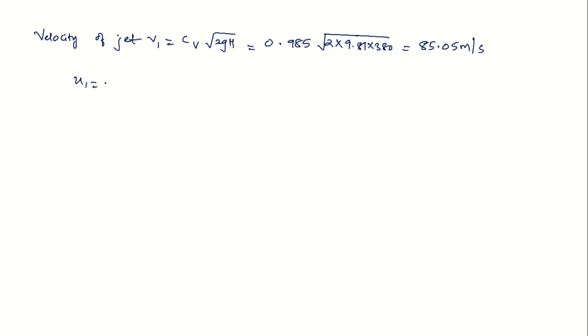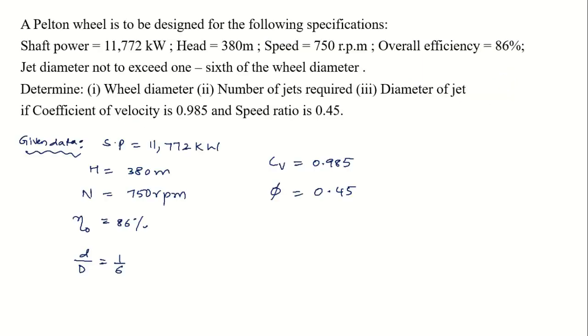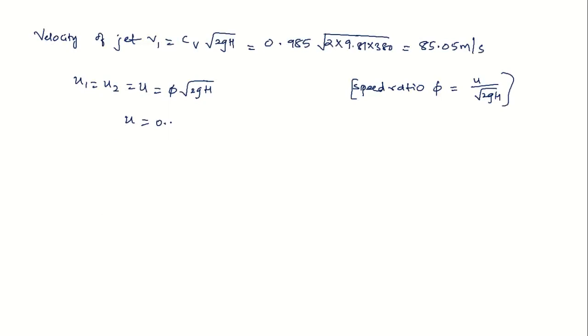Once we got the velocity of the jet, let's calculate the velocity of the wheel. The velocity of the wheel is given by U1 or U2 or U, which is phi into root 2gh. This came from the speed ratio formula. When we were talking about the important points to remember, we wrote phi equal to u by root of 2gh. So from here u is equal to phi into root 2gh. The speed ratio given to us was 0.45, so it's 0.45 into root of 2 into 9.81 into 380. So finally we got the u value as